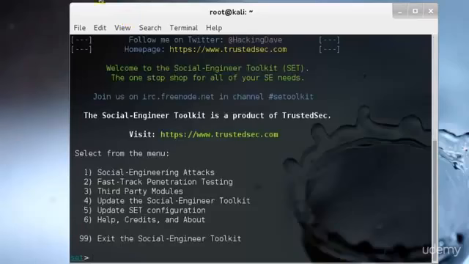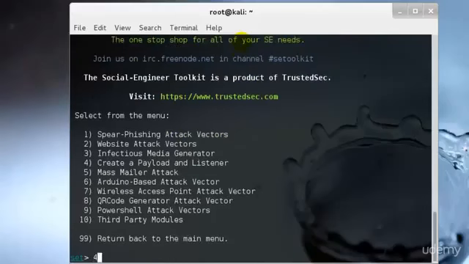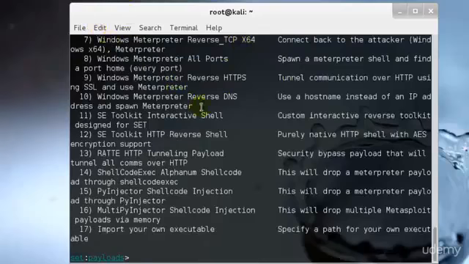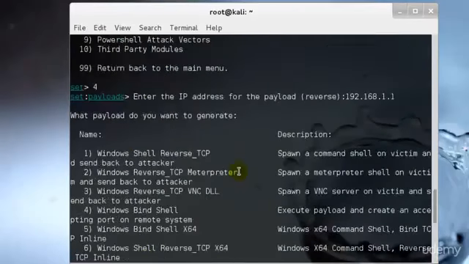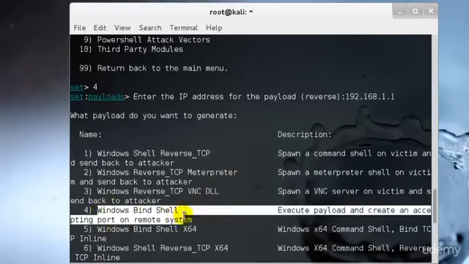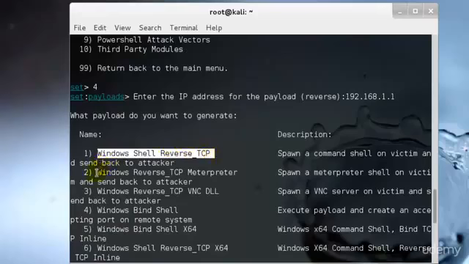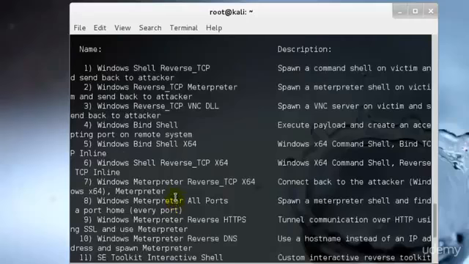You can start it through a lot of ways. I'm just giving an example. Let's say, for example, I check social engineering and payload and listener. I just type any random IP address. I'm not actually going ahead and creating anything, I'm just showing you exactly how it works. As I told you about Windows 32 bind Meterpreter, that is this shell over here, and it's also available for 64-bit as well. Then we have the reverse shell, that's these three, and then we have Windows 32